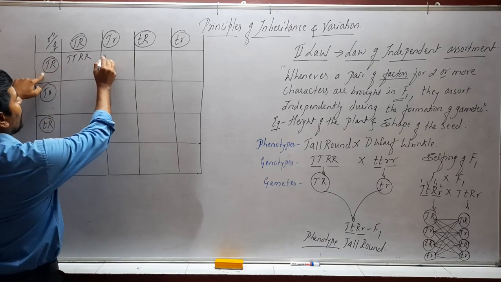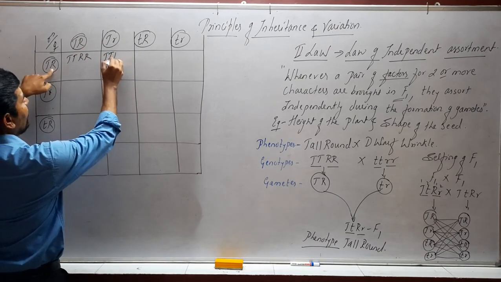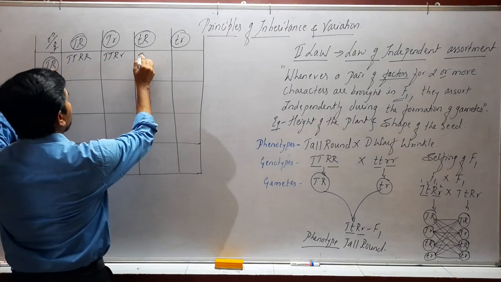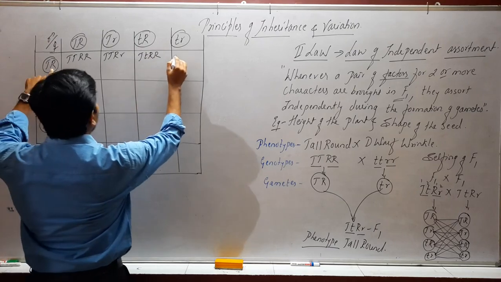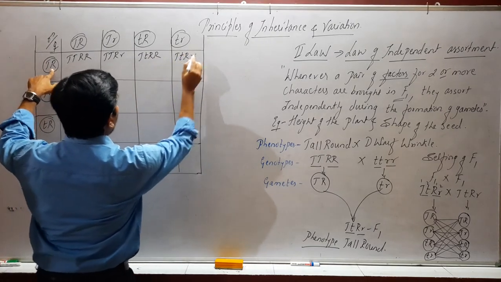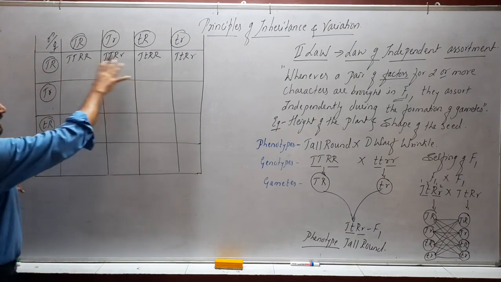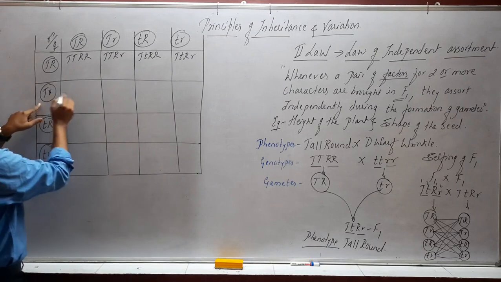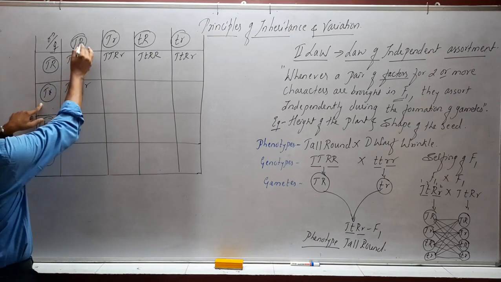Then here capital T, this T, capital T, capital T, next capital R, and this small r. Here same thing. Capital T, this side small t, capital R, capital R. Here capital T, small t, capital R, small r. So look at this. Write them. Similarly, fill all the boxes. Write in all the boxes. So here what we get? Capital T, capital R, small r. Small r is here, capital R is here.